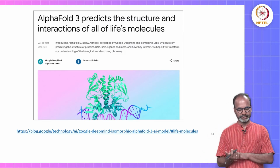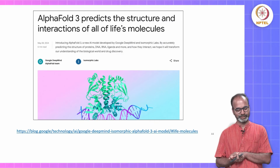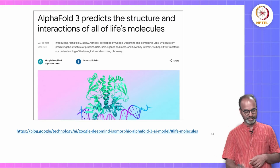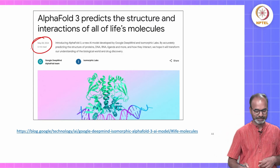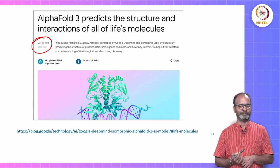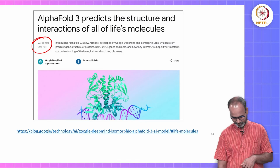AlphaFold 3 predicts the structure and interactions of all of life's molecules. Again, these are for you to go look at and see. The point is that it is as recent as it can get, how AlphaFold 3 is doing. And then there is also